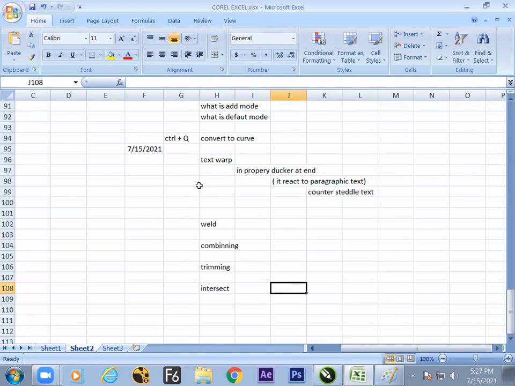What happened with intersect? Common area out. Trimming: subtraction. Combining: common area transparent. Welding: multi-object to single object.